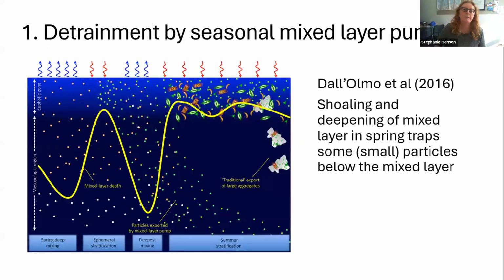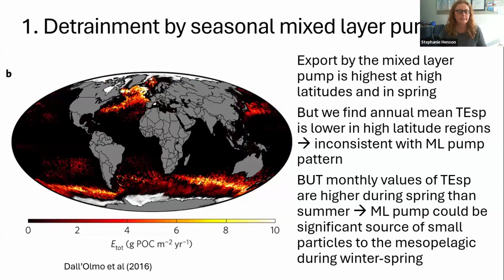So in terms of detrainment by the seasonal mixed layer pump then, this is a figure from Giorgio's paper back in 2016, which demonstrated that the shoaling and deepening of the mixed layer in the spring, which is very pronounced in high latitudes, could trap some small particles below the mixed layer, well, any particles really below the mixed layer, and then they're lost. I suppose you could call them exported, although the mechanism is different than gravitational sinking. So it's more of a direct injection of particles to deeper layers. Giorgio did a nice global analysis